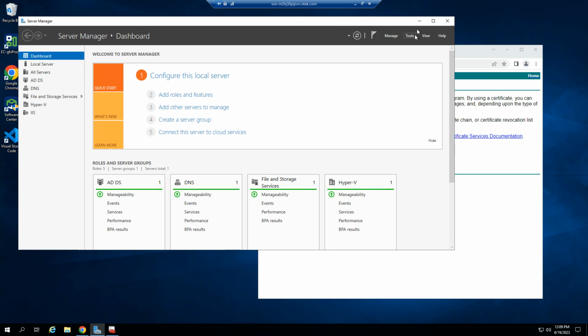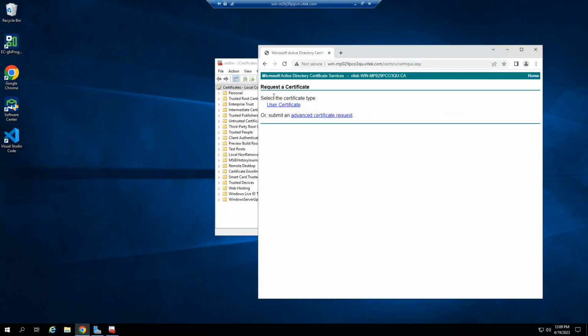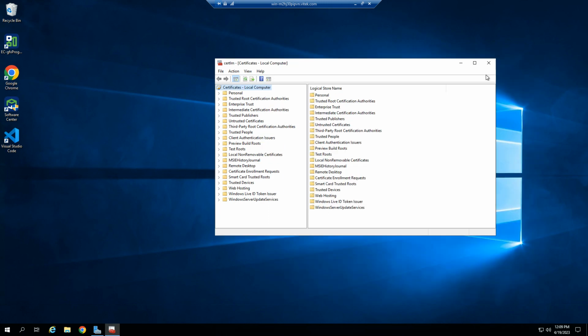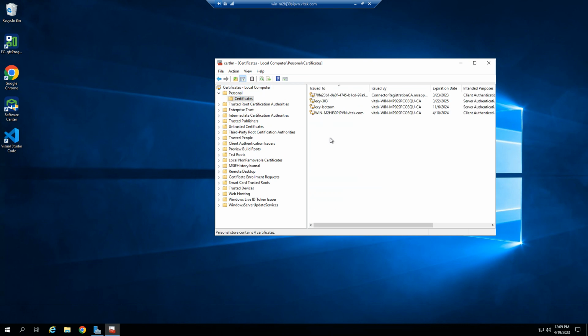But if you were to do it that way, then you'd have to come here, request a certificate, advanced certificate request, and you'd copy paste stuff from the certificate signing request document you created earlier into here. It's a mess. And so we're not going to do any of that because this is such a much easier way to do this, since this